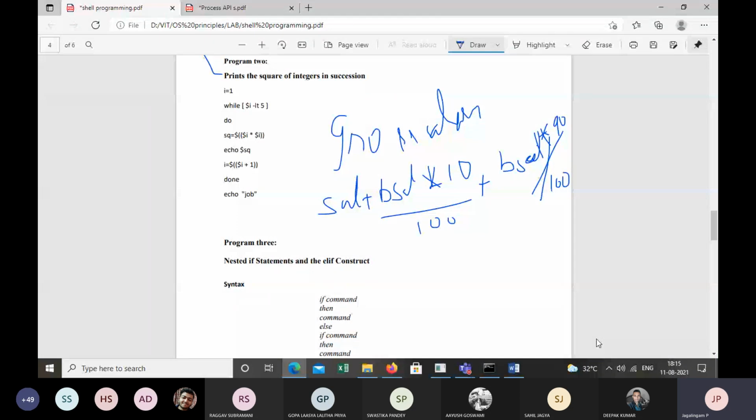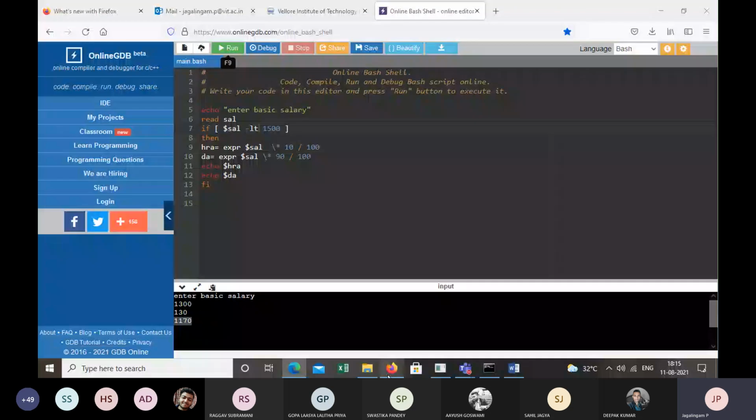Take care of the space between the square brackets. Okay, let me give you 5 minutes. Try to complete as much as you can, then we will do it.